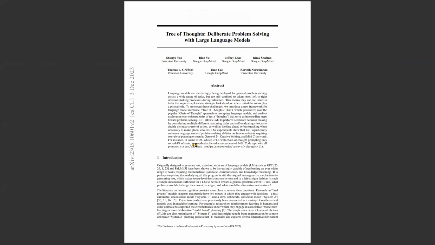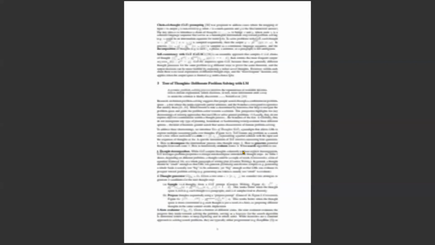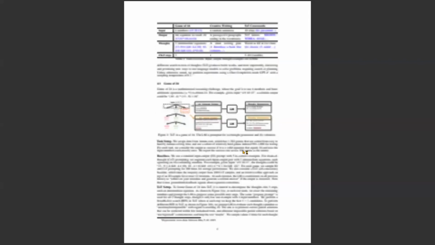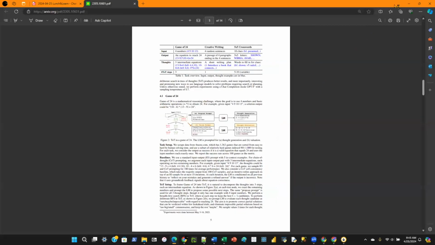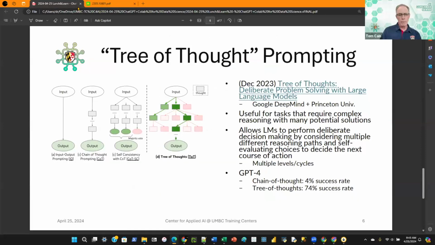But it's giving success rates that are 18 times higher, from 4% to 74%, for very complicated tasks. They definitely go into all the details here, and it's very robust, but you really need to know what you're doing with it, if that makes sense. Yep, it does. Yeah, thanks, Drew.